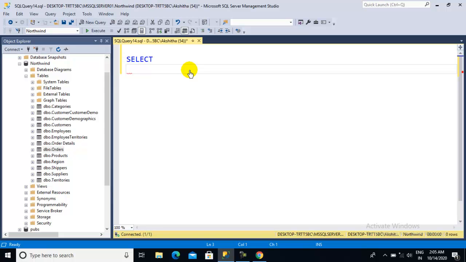And we used a star, or column names directly, column names or fields.